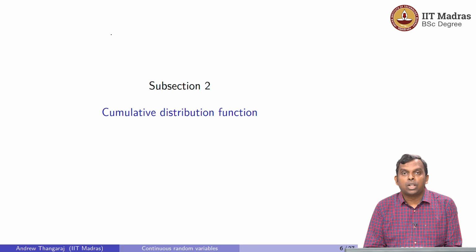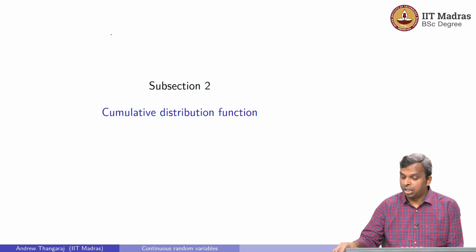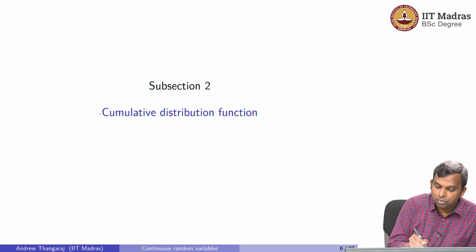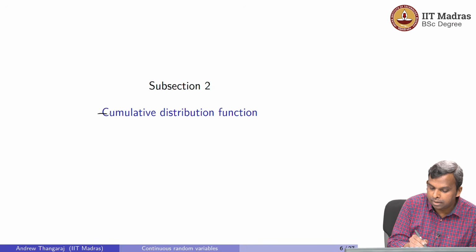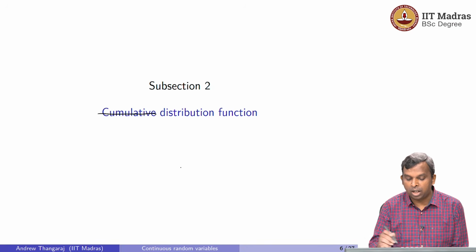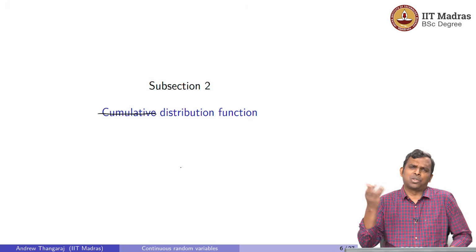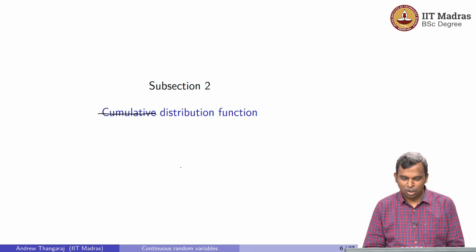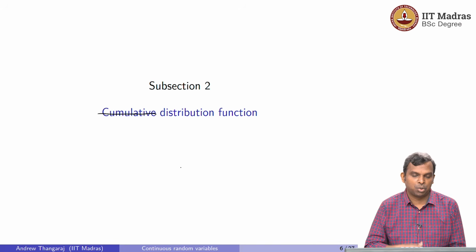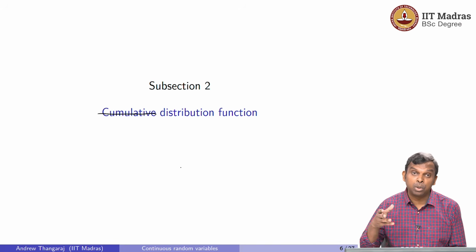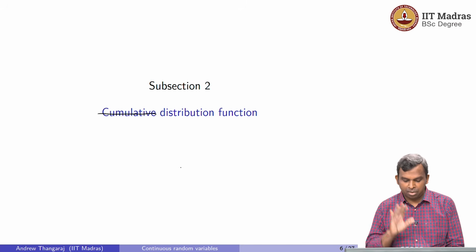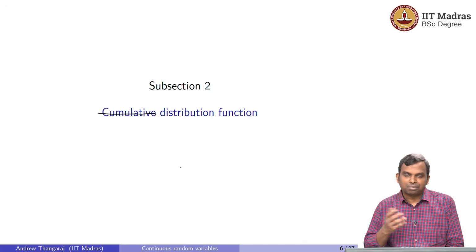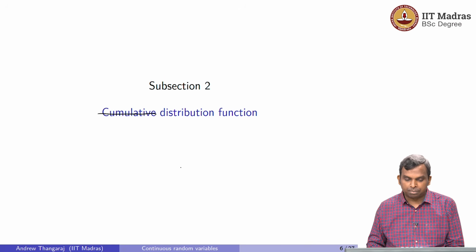In this lecture, we will talk about the cumulative distribution function, or quite often this word cumulative is dropped. Many people will simply call it a distribution function, which is also fine. So both of them are good enough. I think traditionally many people use cumulative distribution function. I'll keep saying cumulative distribution function, but you'll see in many books people will simply call this the distribution function. It's not a bad name. Distribution function is also a very good name. One can use either of these.